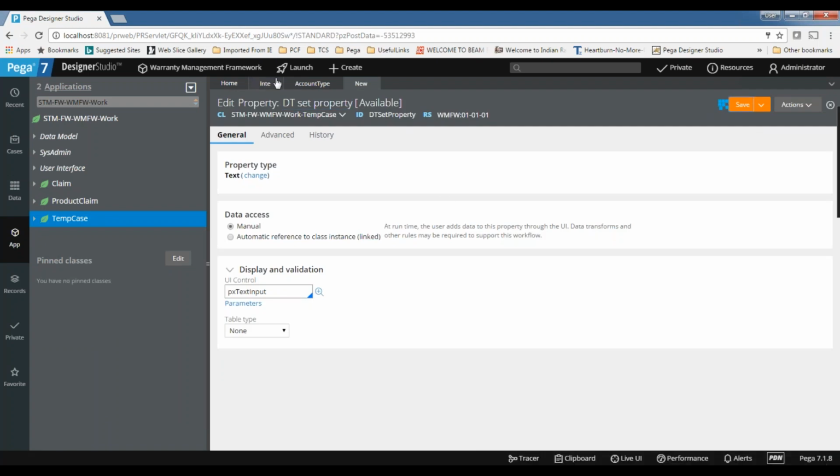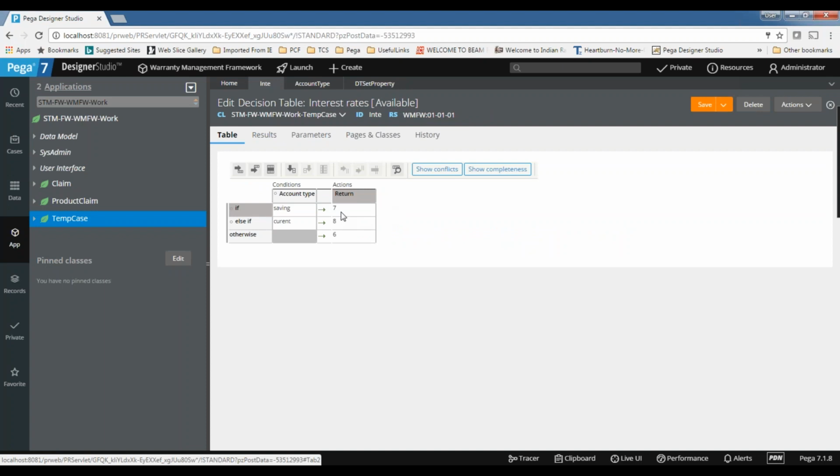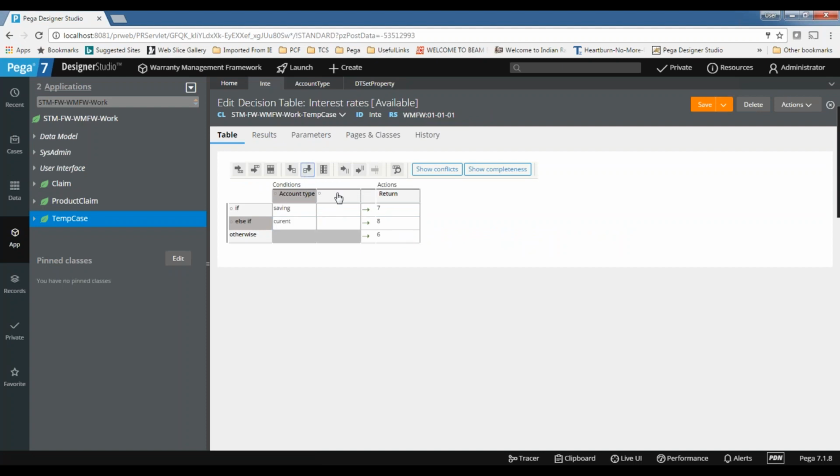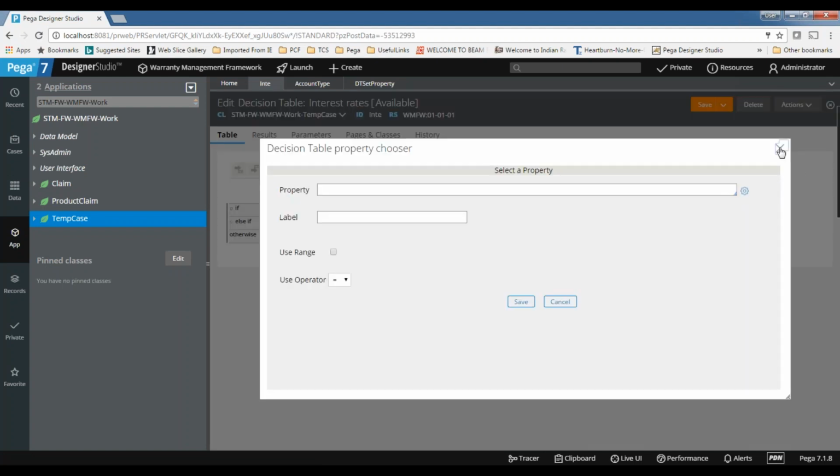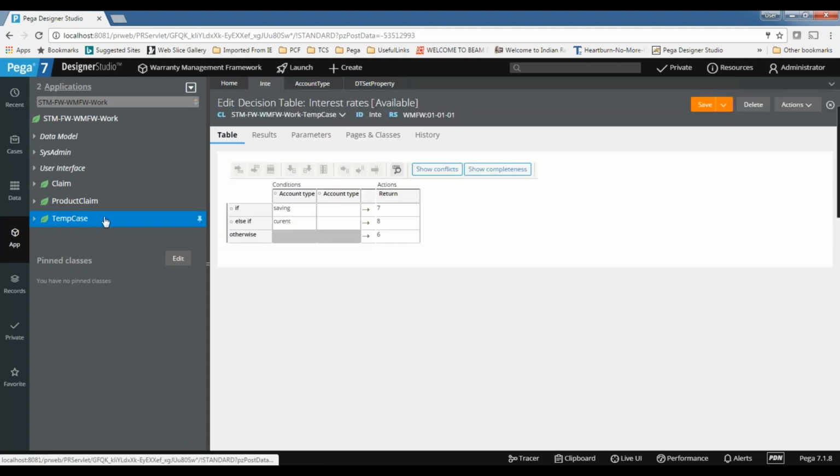Subhash, one question. Okay. So just now, as we discussed in our theory topic, can we add one more column condition also? Like, you said it is a savings account and is a gold customer or silver customer kind of thing.